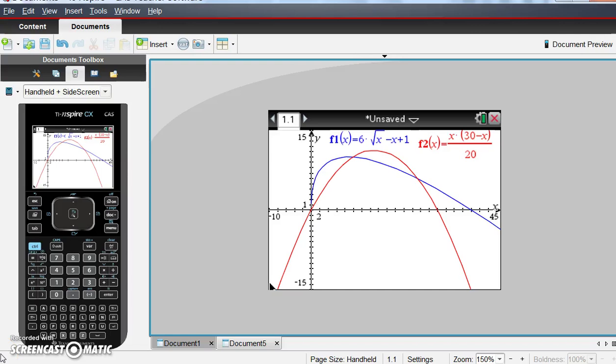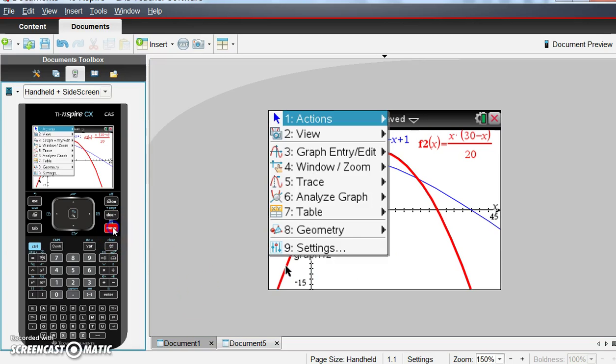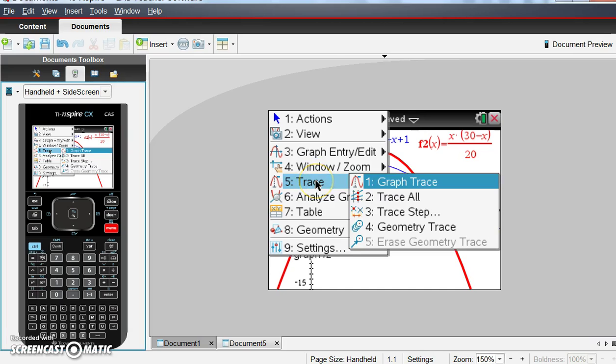Greetings, this video is about using the trace facility on the nSpire CAS. So I've placed two graphs here on a graphing page. We'll just go to menu. You'll see this trace option here offers four